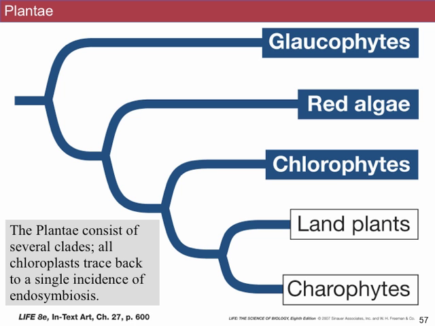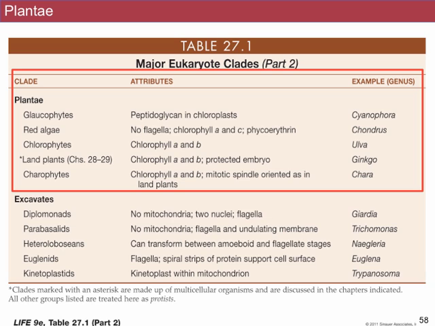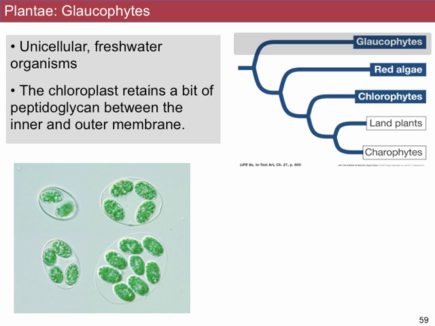The chlorophytes, we will talk about also in a little more detail. They are mostly green, and the chloro part of the name implies that. Some of them are multicellular, some of them are single-celled. We're not going to talk in detail today about land plants and charophytes; you're going to hear more about them from Brian later. I might talk about charophytes a little bit, and we're going to talk about that lineage later today when we talk about chloroplasts.